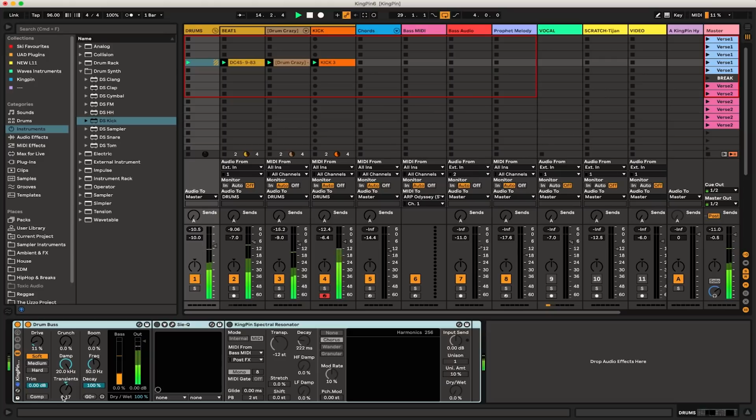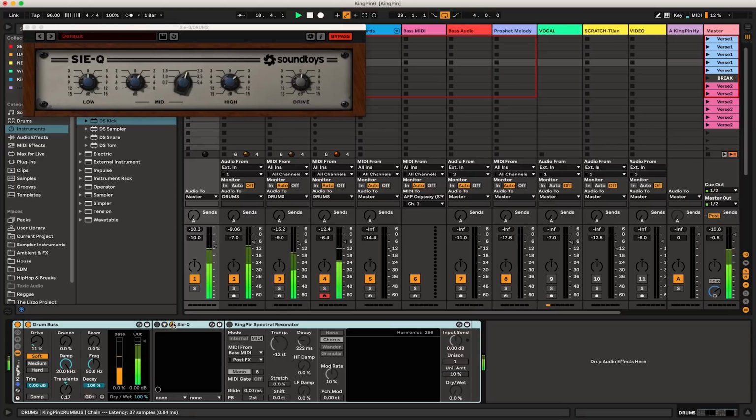you can see that really brings it out. I've increased the transients there, a little bit of drive, and that gives it a lot of excitement. And then this one here, big favourite of mine. I love the Sound Toys plugins, and this is the CQ or CQ. There we go, and that adds a bit of sort of top end